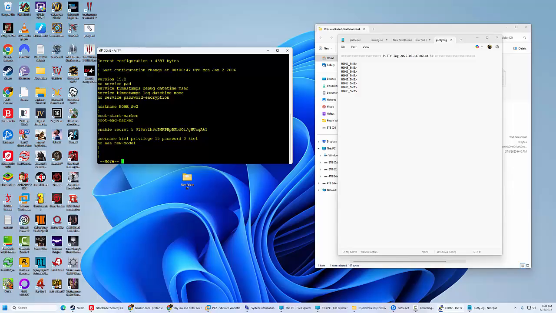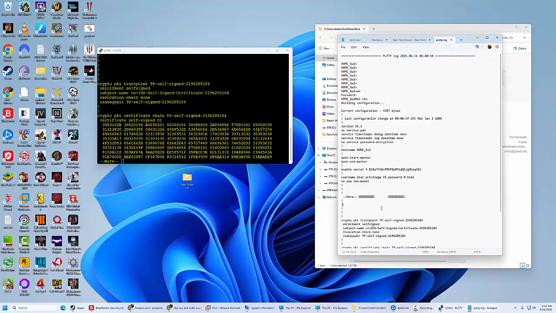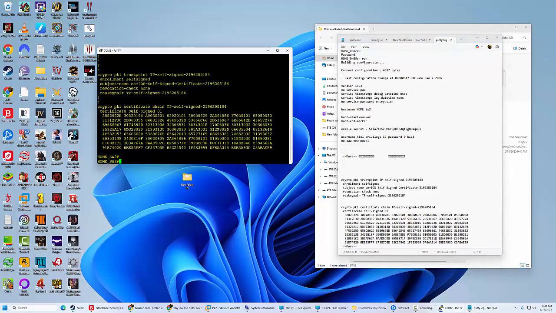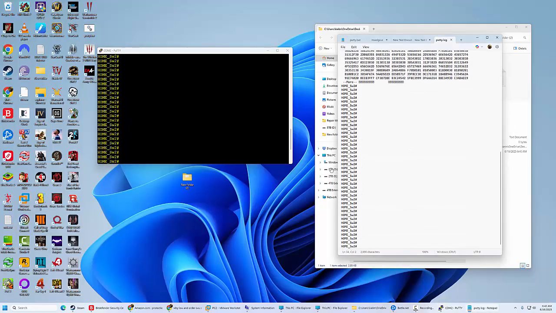I think I miscounted there. I think it's 20. But nonetheless, those are all the lines that it will do. But I have to keep hitting space. And every time I do that, it's going to have this more here. So now, I'm going to go ahead and clear the screen. Notice, see how it's updating?